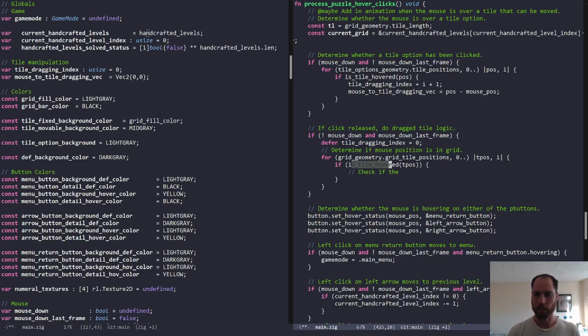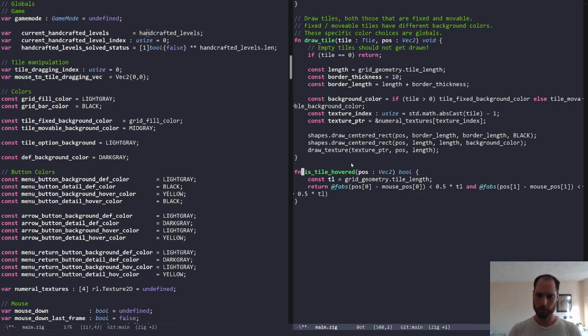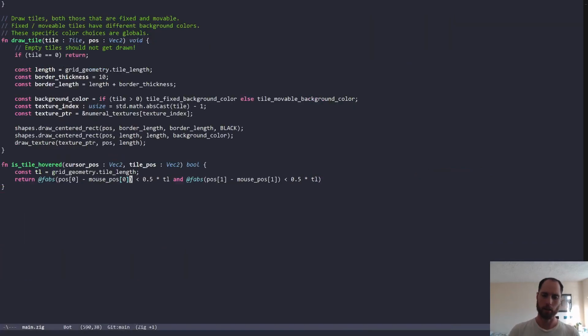Let's modify this isTile hover to just have the position of the tile and the position of the thing you want to check against it. So we'll literally have tile position, and then this should be second. We'll call it cursor pose. This would be a vec2, and then tile pose. Okay, so now we want to say